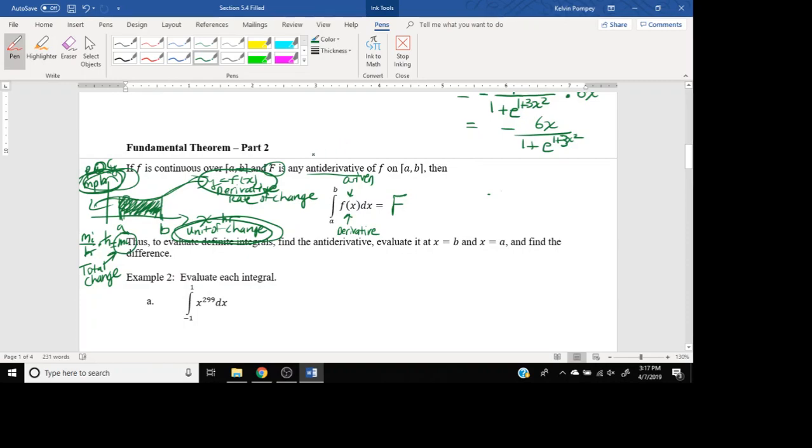And so if I know the antiderivative, that's the function whose derivative is given, then all I have to do is evaluate that antiderivative at where it ends and subtract from that the antiderivative of the function evaluated at where it begins. For instance,